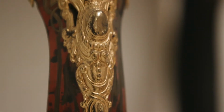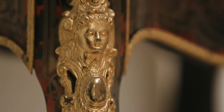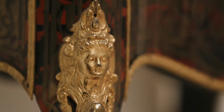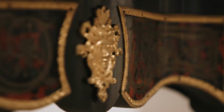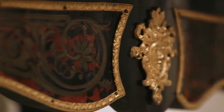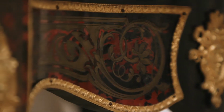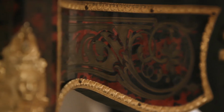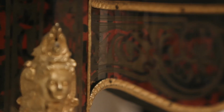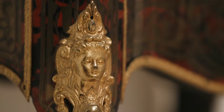And this was still highly valued in the 19th century, and we see many furniture manufacturers and designers riffing on French furniture design of earlier periods. In this case, the late 17th century and the Baroque productions of André Charles Boulle, who was the leading cabinet maker for Louis XIV. And he really promoted, he didn't invent this style of decoration, but he really promoted this